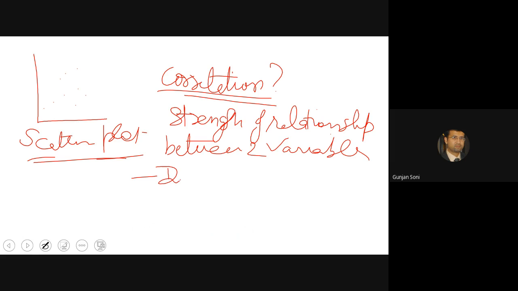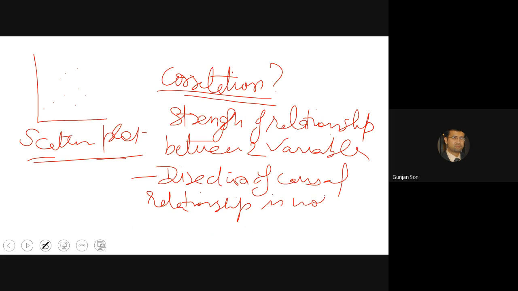So direction of causal means cause and effect. So causal relationship is not indicated by correlation. Direction is not related. So now, if on the y-axis I'm plotting, let's say, temperature, on the x-axis I'm plotting the quantity